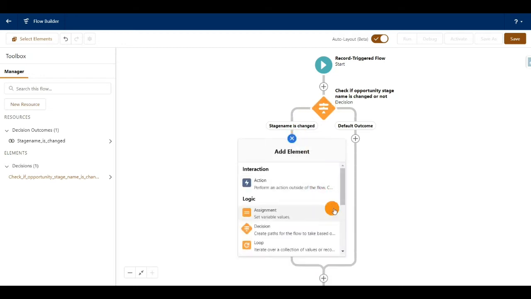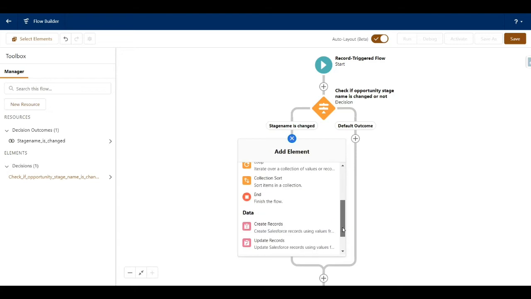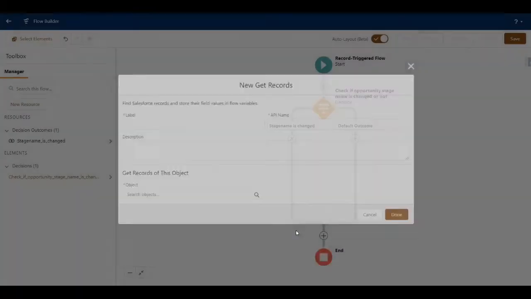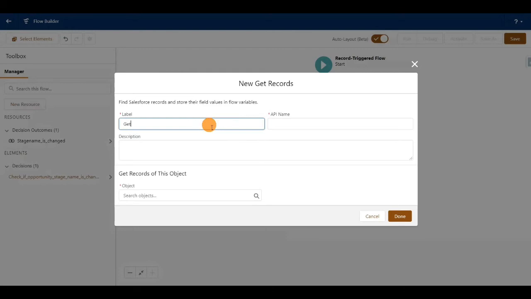Here what we need to do is we have to get the custom notification ID. So for that, I'm going to create a get records element. I'll just name this as custom notification ID.